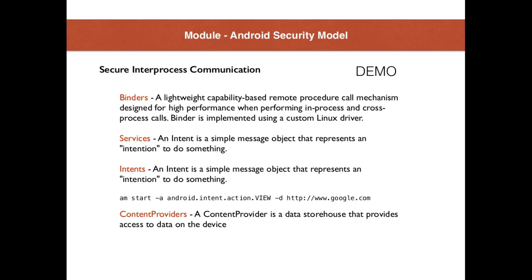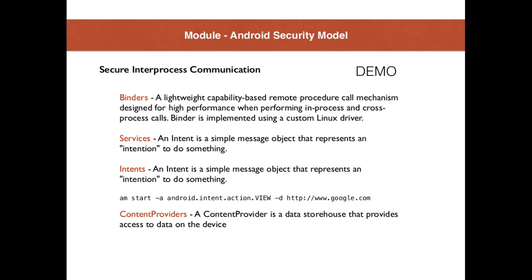And the next one is intents. Intents basically are the messages that represent an intention to do something. For example, you have an application A, and application A has two screens, screen 1 and screen 2. Now if you want to start screen 2 from screen 1, you can use something known as intent. So basically intent is a message which says, hey, I want to launch you, right? So that's the intention. The intention here is to launch the second activity from the first activity. So in this case, first activity will start